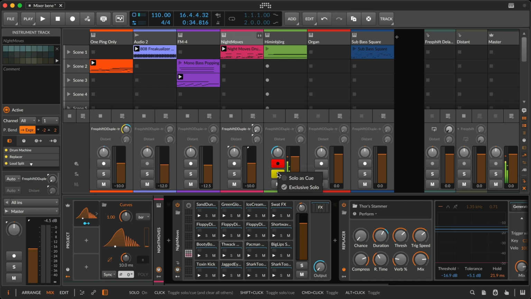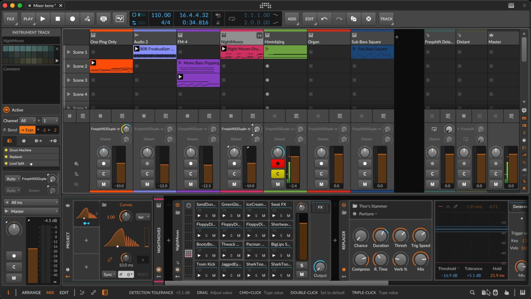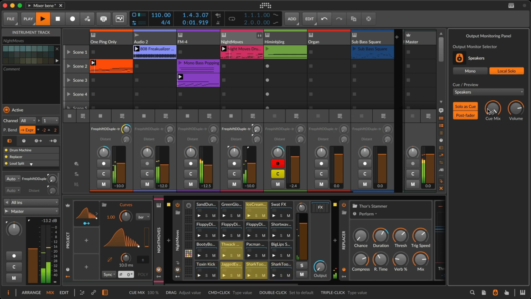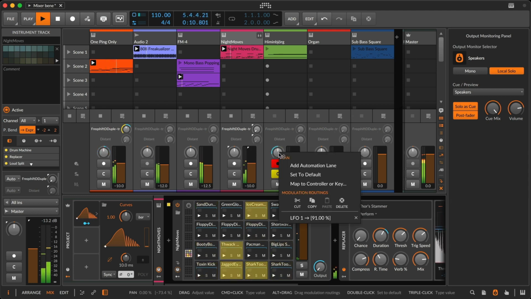Another function that is useful, and you probably think of as a performance function, is the idea of solo as cue. All of our solo buttons become this cue button now, because what you might want to do in this instance is route this output to a different set of headphones, probably, and audition the sound that you're about to toggle to before you go there. That's nice and great, but I love this as a workflow function. So I'm going to turn the cue mix all the way up, and I'm going to hit play on my track. And this is exactly like solo in the first instance. I'm only hearing the one track with all of its auto panning glory.